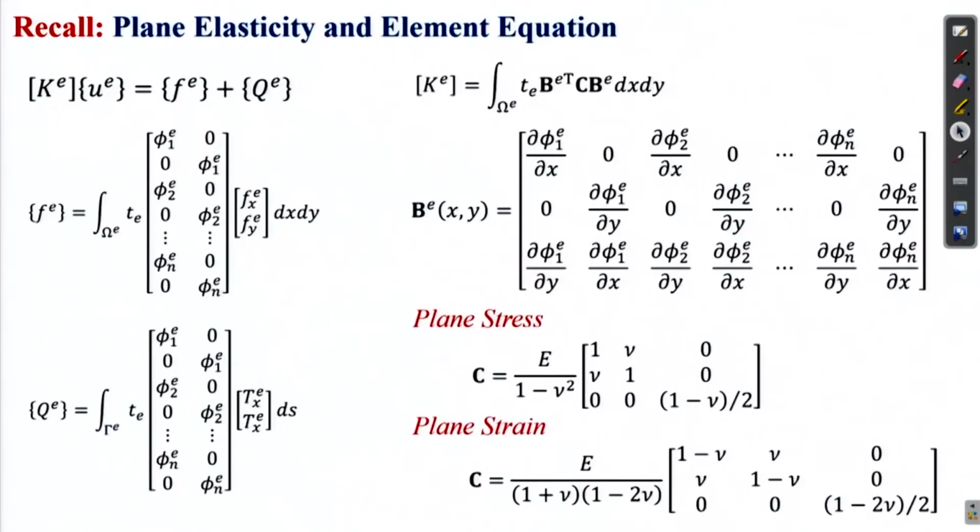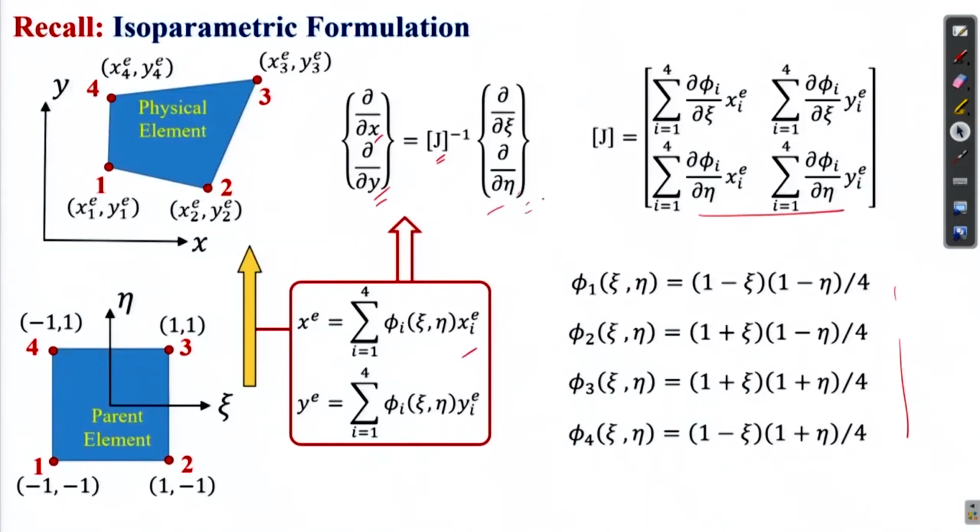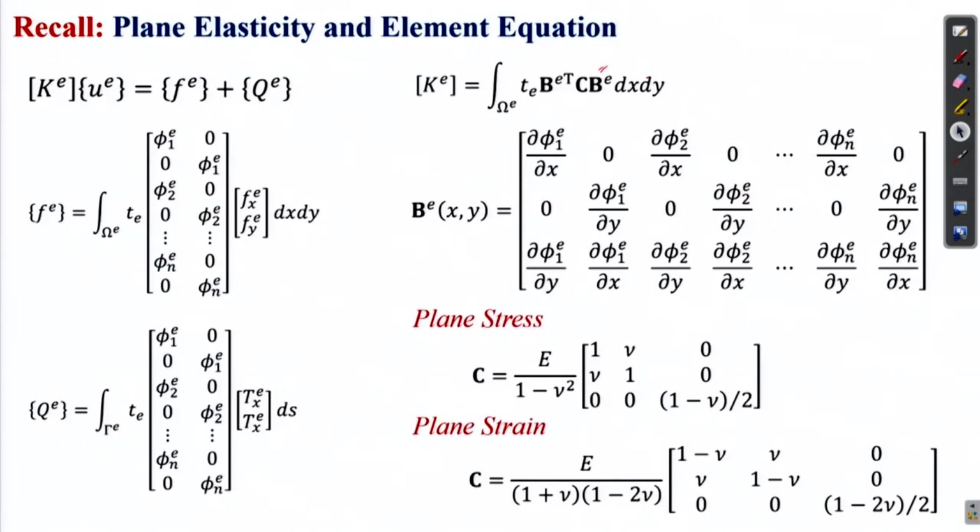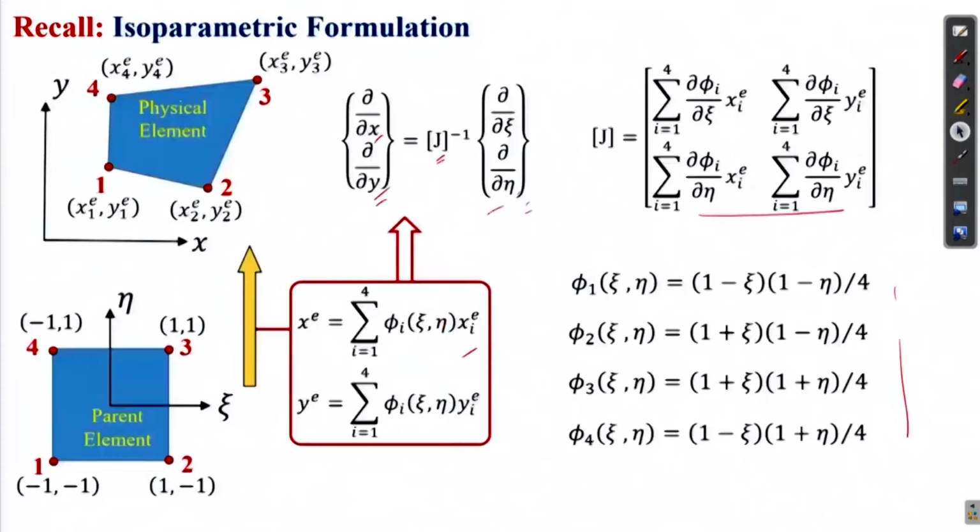Now the idea here is simple. This B matrix, which is written with respect to the xy coordinate system, needs to be expressed with respect to the xi eta coordinate system using this transformation, and then the entire integration needs to be performed numerically using the Gauss quadrature rule. Okay. So let us go to the